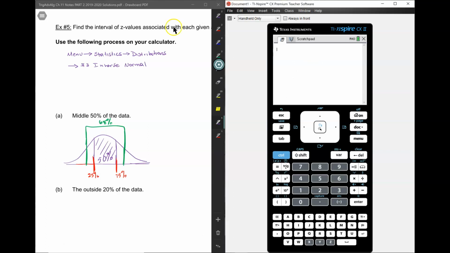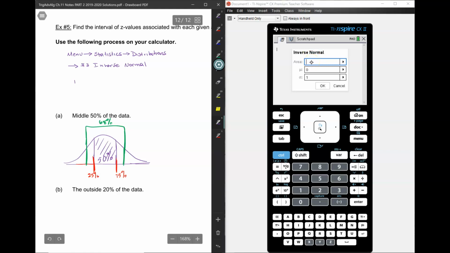Once you press inverse normal, it's going to ask you for the area. Here, we're going to input our boundary percentages. Okay, that means, what is the first boundary percentage here? 25%. So I put 25% and I get,